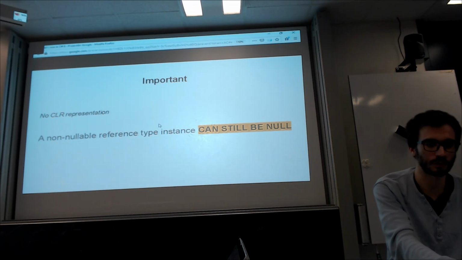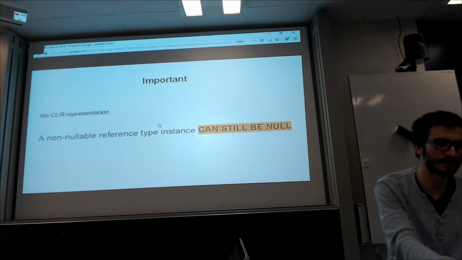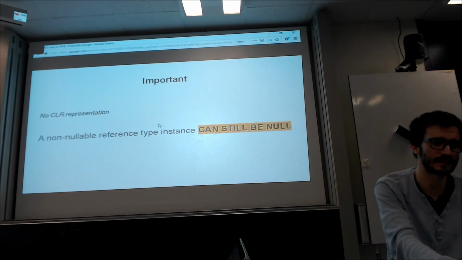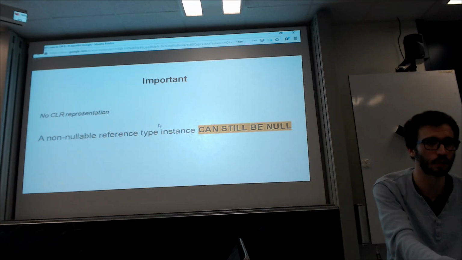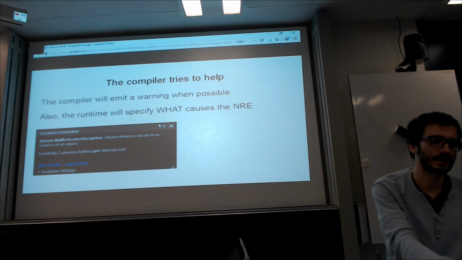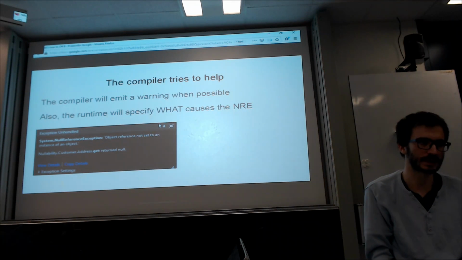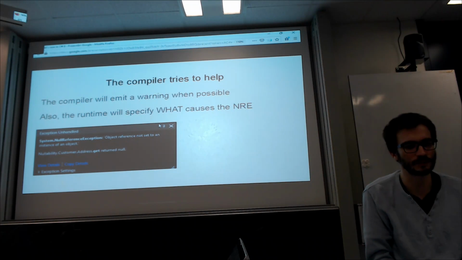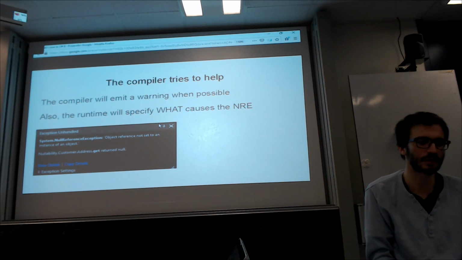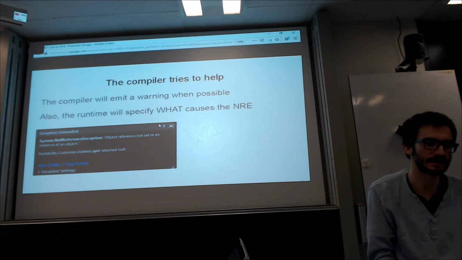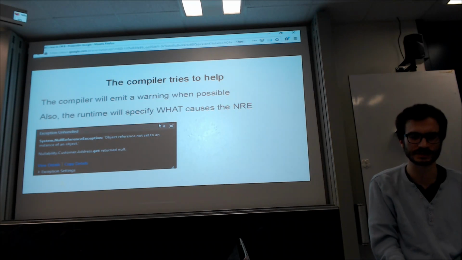So when we're dereferencing a field on an object, and if the object is null, the compiler will warn us. And the compiler will emit a warning when possible, when it detects this. Another change is that at runtime, not the compiler, the runtime will specify what is dereferenced and what causes a null reference exception, because usually